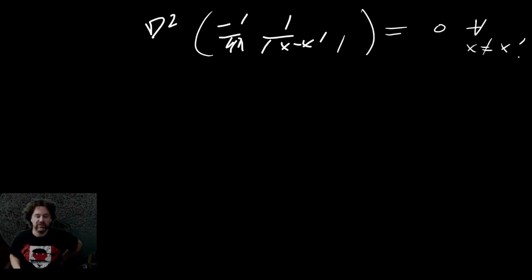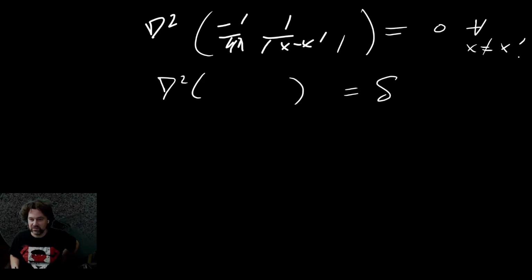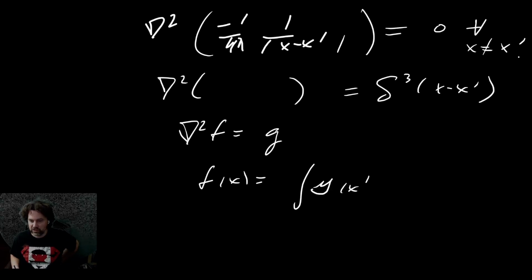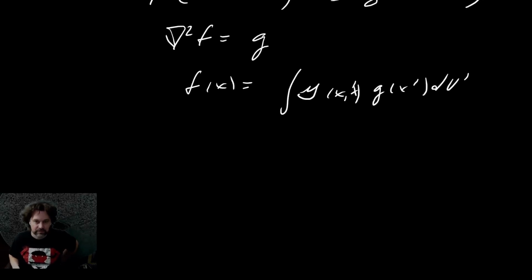We want to look at this behavior near the origin, and we want to see that the Laplacian near the origin recovers our delta function behavior. And we can do that by introducing a test function. So if we have del squared f equals g, that has solution f of x equals the integral of g of x prime dV prime, which is minus 1 over 4 pi